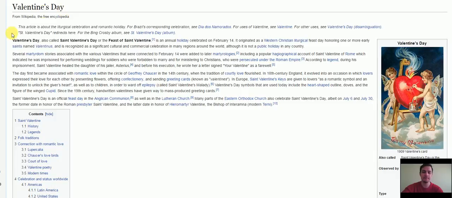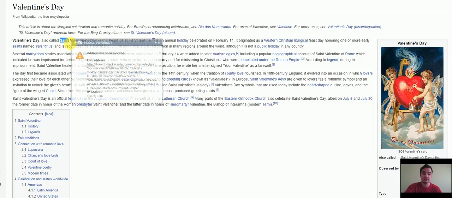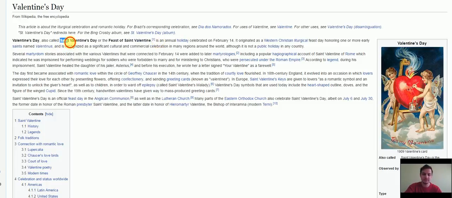Valentine's Day. Valentine's Day, also called Saint Valentine's Day. Saint is someone holy, someone who has a connection to God. Like, Amen. Saint, holy. Or the Feast of Saint Valentine is an annual holiday. Annual meaning every year. Celebrated on February 14th. It originated